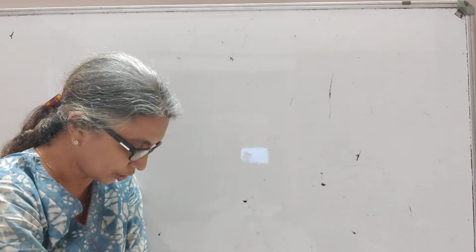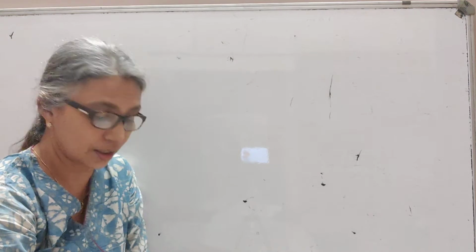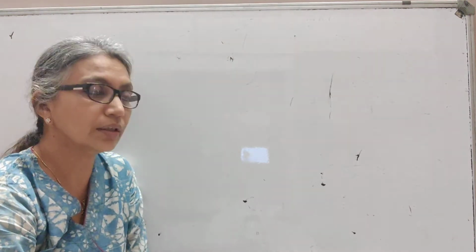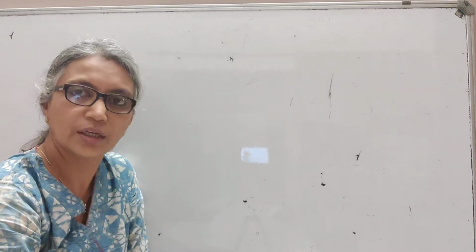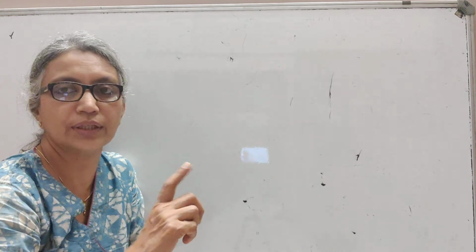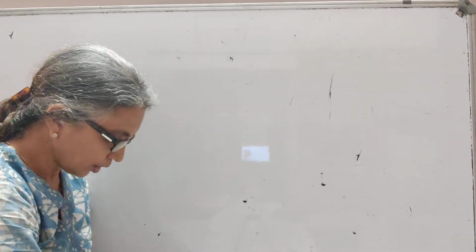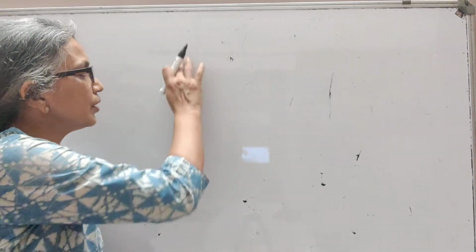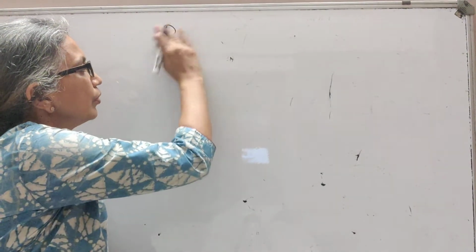So the third topic in your textbook for this year, that is magnetism and matter, they are asking you to show that a solenoid, that is a bar magnet, which is an equivalent solenoid, will behave like a magnetic dipole. So we take a solenoid and show that it is also behaving like a magnetic dipole. So in this derivation what we have is, so we're going to find out